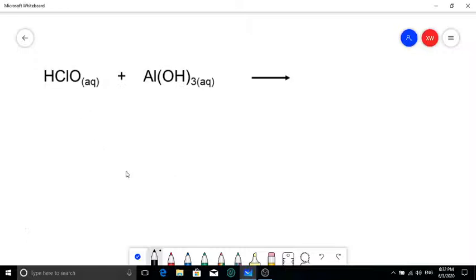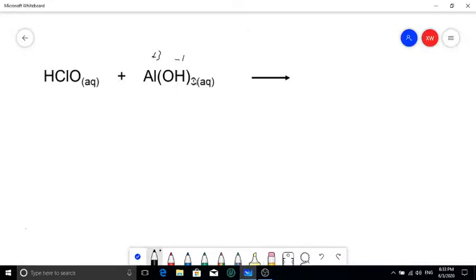It's because this ClO is called a hypochlorite. So you keep the original name and then change it to -ous acid. So it's called hypochlorous acid. Now the other one is called aluminum hydroxide. Aluminum is a type 1 metal, so you don't need to say aluminum 3 hydroxide or aluminum trihydroxide. Just say aluminum hydroxide. Positive 3 charge,